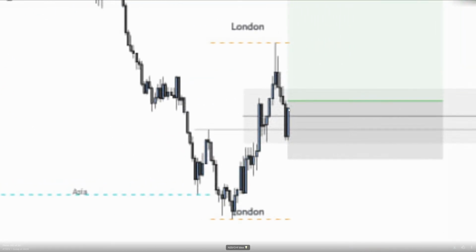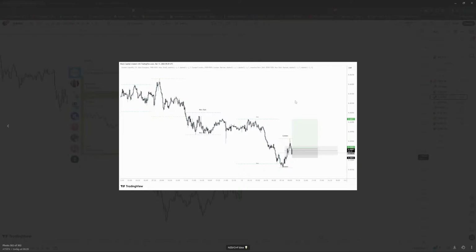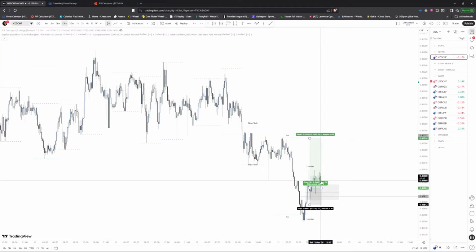You can see I entered just as it was above the black line, but spreads took it up all the way up here. So yeah, that's the trade we're currently in. And we're just gonna try hold this and monitor it.